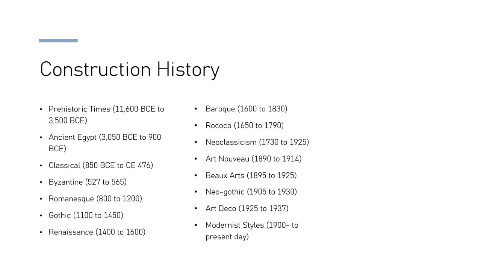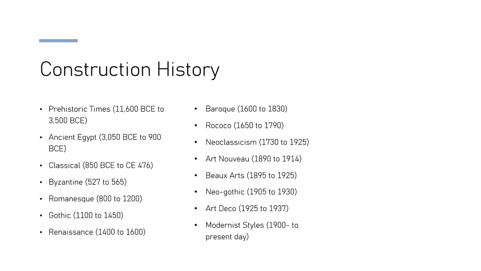So we had the prehistoric times, which is from 11600 BCE to 3500 BCE. Ancient Egypt, which was 3050 BCE to 900 BCE. And then the classical era, which was from 850 BCE to CE 476. So we started seeing more of the modern times during the classical era. We had the Byzantine era from 527 to 565, the Romanesque era from 800 to 1200, Gothic era 1100 to